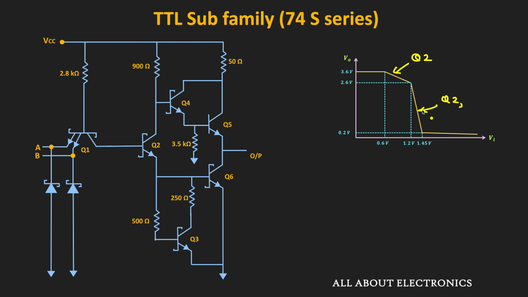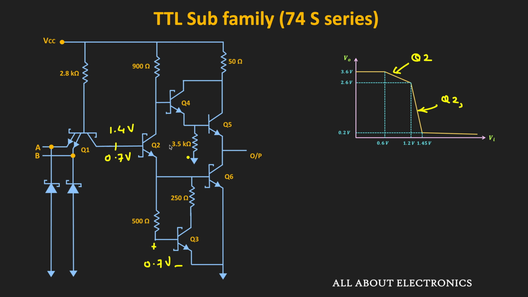But in this case, we will not have that situation, because in this case, when the voltage at the base of the Q2 reaches the 0.7 volt, at that time it won't get turned on, because unlike the earlier case, here we don't have any passive resistor. So now, to turn on this transistor Q2, we also need to turn on either Q3 or the Q6, and for that we also require the additional VBE. That means here, to turn on this transistor Q2, we require the 0.7 plus 0.7 volt at the base of the Q2. That means when the voltage at the base of the Q2 is around 1.4 volt,